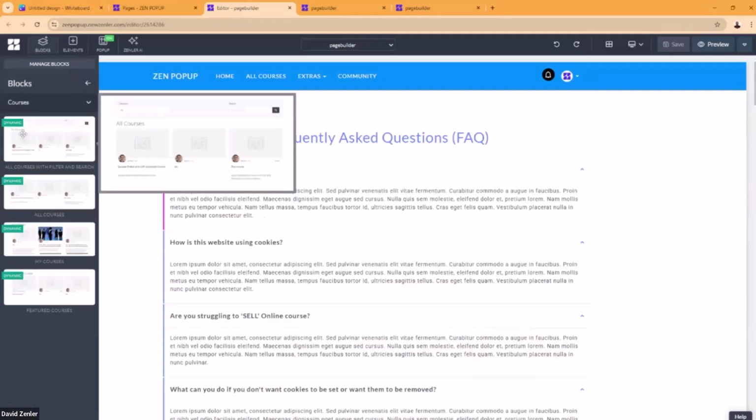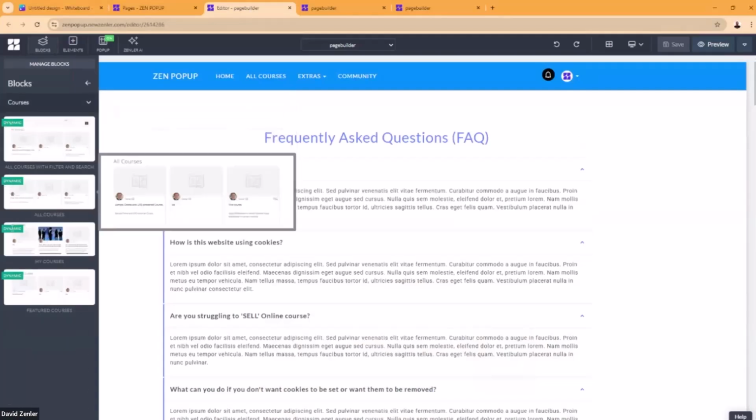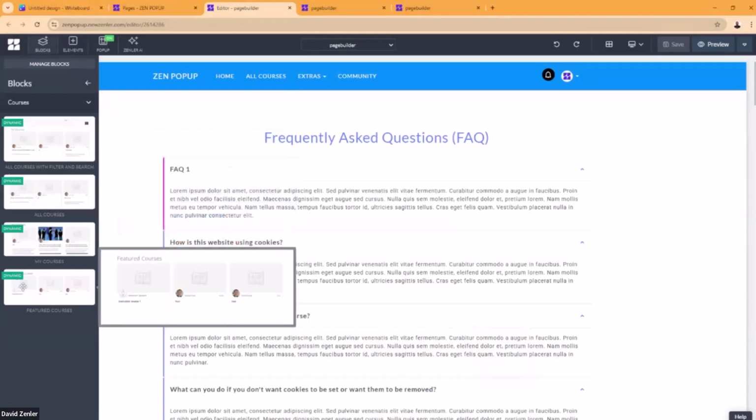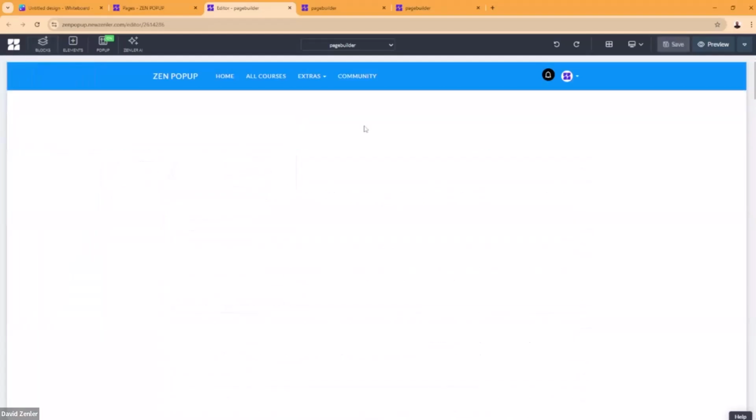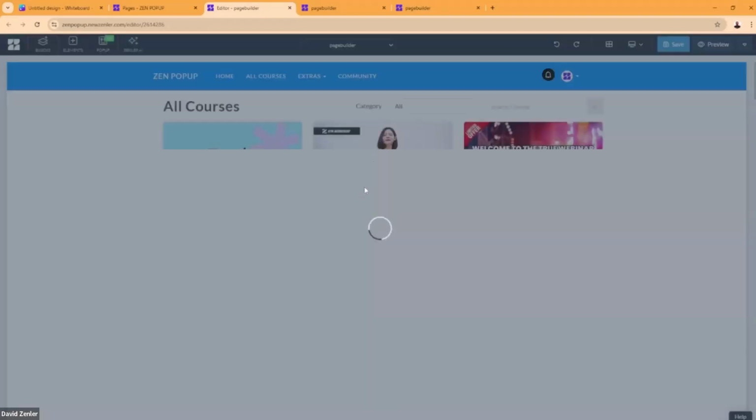Now, one thing I want to talk about is dynamic blocks. Notice it says dynamic. Whenever it says dynamic, all you need to realize is it's pulling data in. In the case of courses, it will pull courses into that block dynamically. So if I drag this one in here, I've got some courses on here, so they should automatically appear.